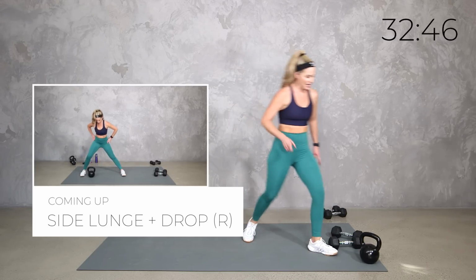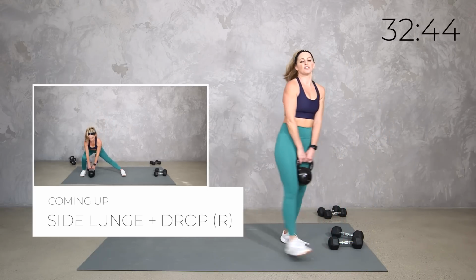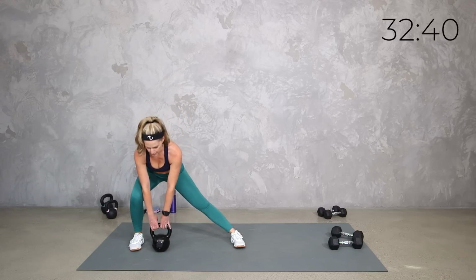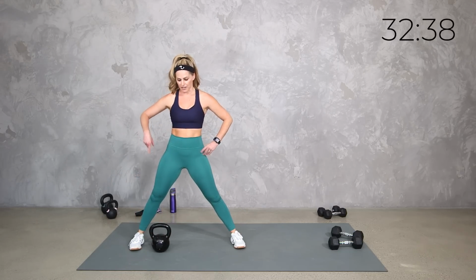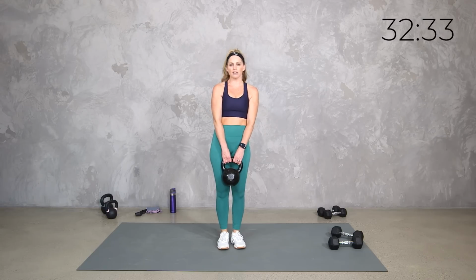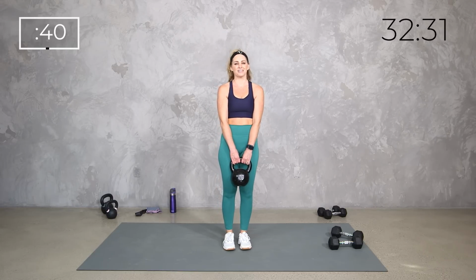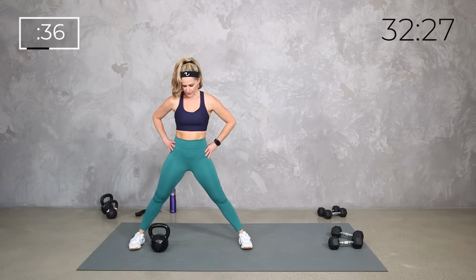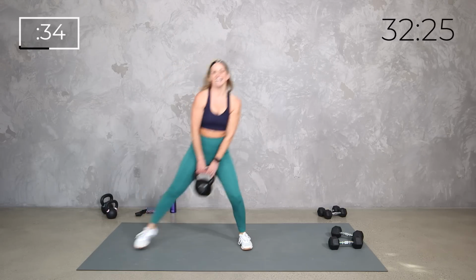We're going side lunge drop. So similar to what we did with the plie, but watch me here. Side lunge, we're gonna drop it down, press out of it, pick it back up, push out of it. You can do that with kettlebell, dumbbell, but let's do it. Here we go. Side lunge, set it down, drive up out of it, body weight, grab it, take it here,